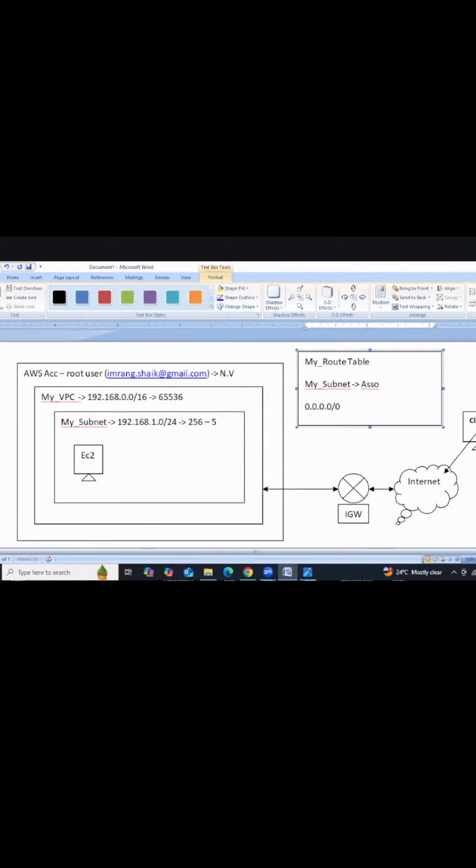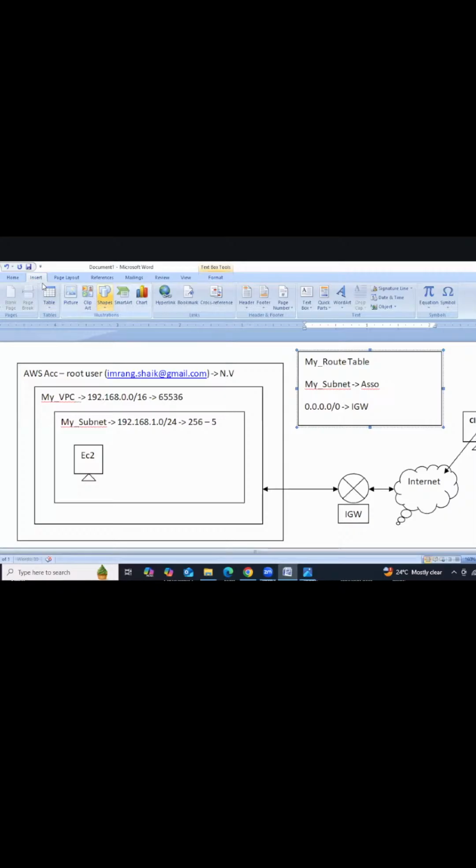0.0.0.0/0. What does this mean? It is the default route, which is going to accept internet traffic, because we don't have any elastic IP address as of now. If we had an elastic IP address, a static IP address, then we could give the static IP address, and with its help we would get the internet. But at present there is no static IP address. So that's why it's better to provide 0.0.0.0/0 and then add the IGW.